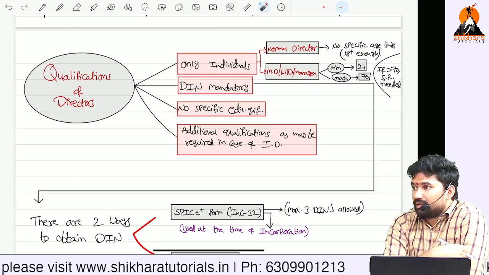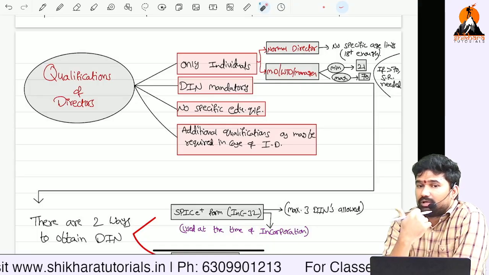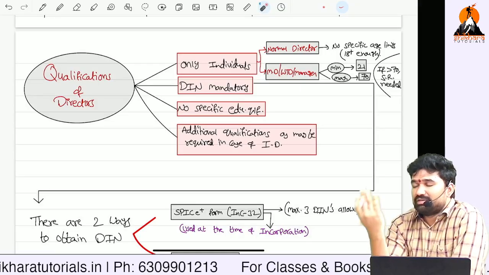But for MD, WTD, manager, 21 years. Minimum 21 years. Maximum 70. For above 70,